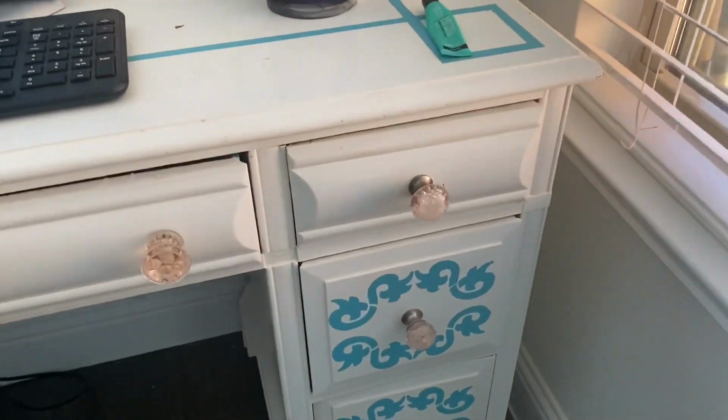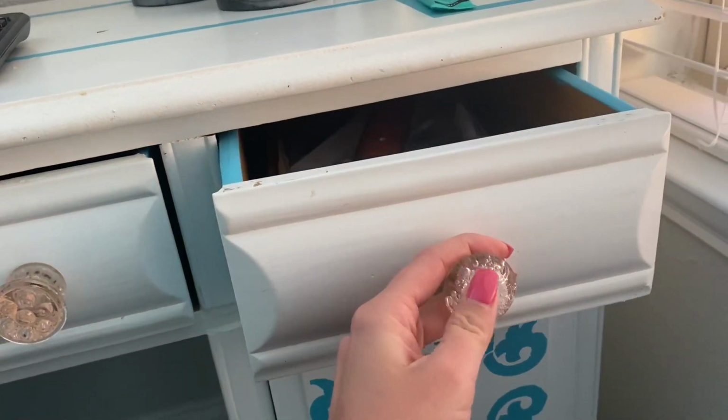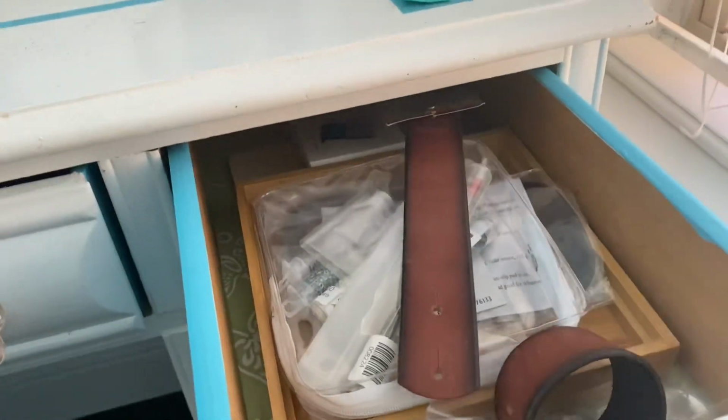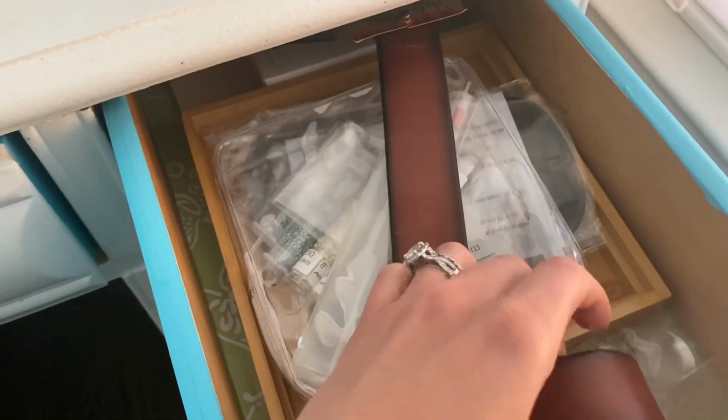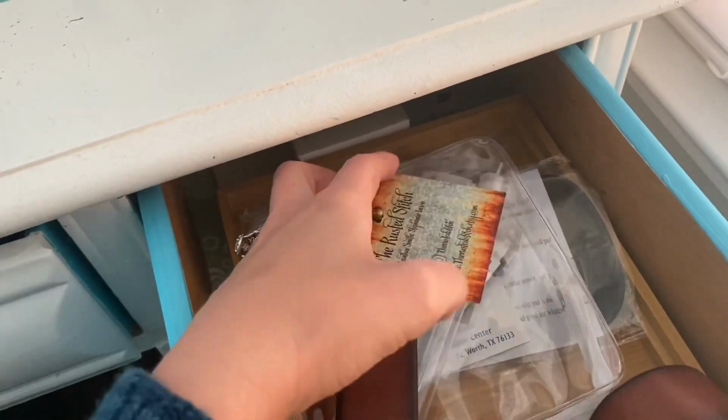That's why I don't really know what's in these drawers. So this one I think just has odds and ends and buttons and stuff that I received. Let's see. Oh yes, so I have my wonderful shawl cuff from the Rusted Stitch, and I have this other one